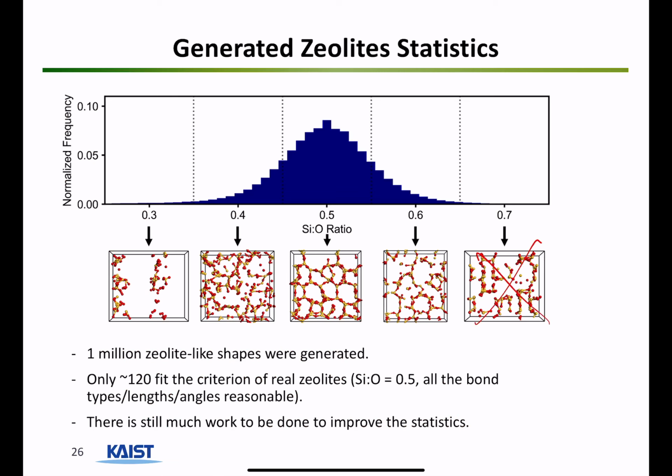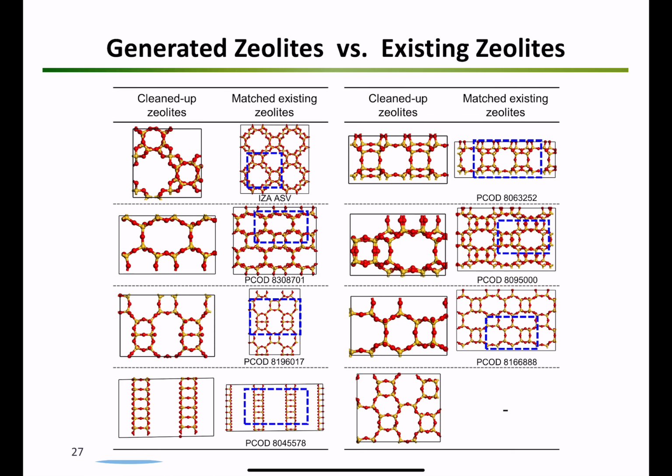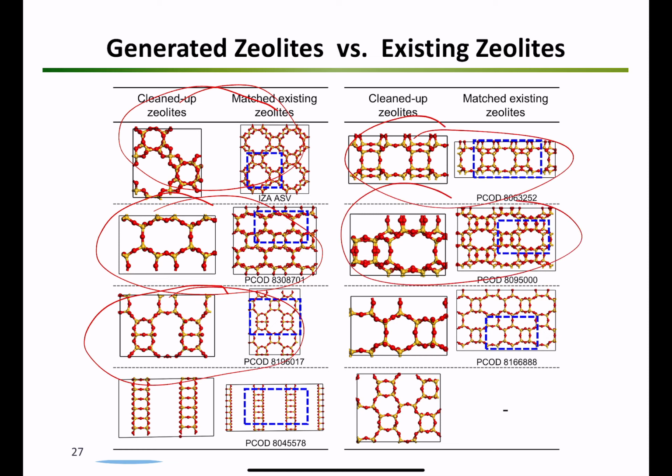So these are failed materials. They're not zeolites. They kind of look like zeolites, but they don't abide by the chemistry rules. These are more promising, and we clean up structures that are more promising within this Gaussian distribution. Once we do that, we see whether or not we created new materials. We compare to the database of materials, and we see that there's a match between existing zeolites that were not part of our training set and the zeolites created by GAN. And we also have new zeolites that are not part of any of the databases. So these are some of the things that we can do.